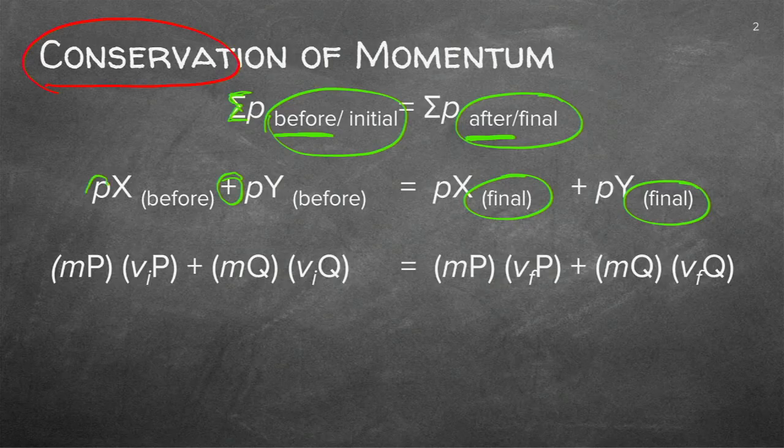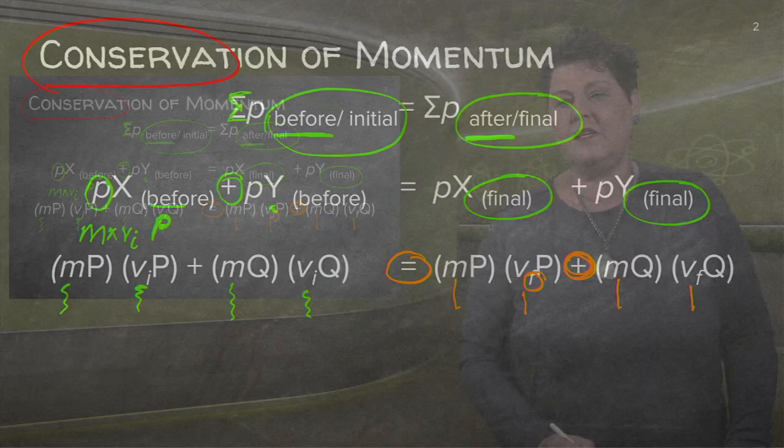What does this mean? The momentum means the mass times the velocity of what? Of P. It's object P, and it's before, therefore it's initial. Can you see there's initial and there's the mass? The same with object Q. Again, the mass and the initial velocity. Then it's being conserved. It doesn't really matter what happens. It can explode and it can collide, but it will be exactly the same afterwards. And that's why we have the final velocity times the mass of P plus, it's sigma, the sum of the mass with the velocity of Q.